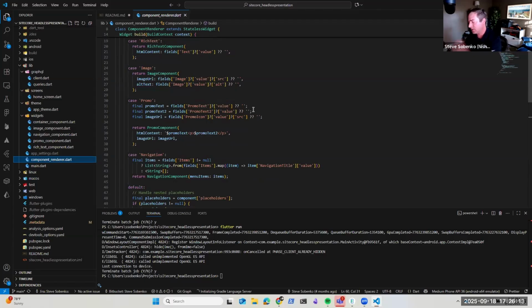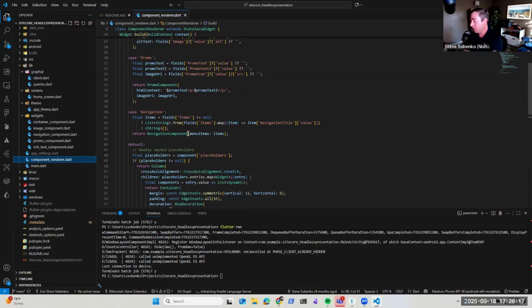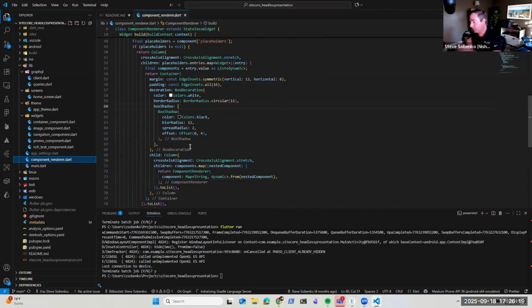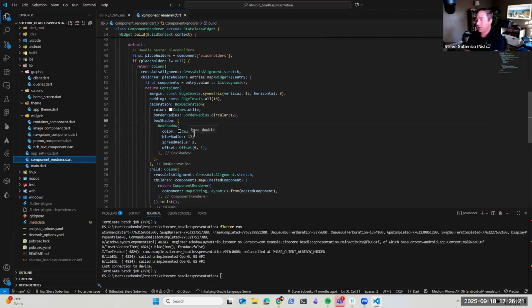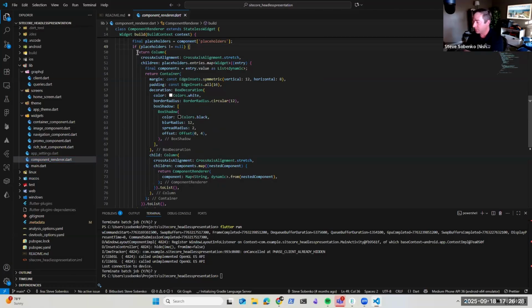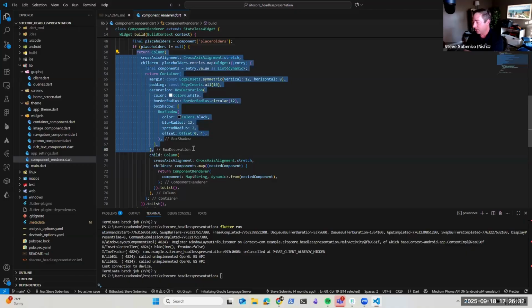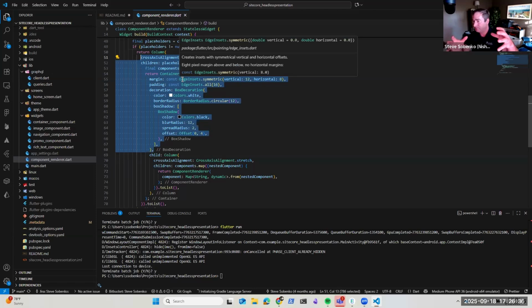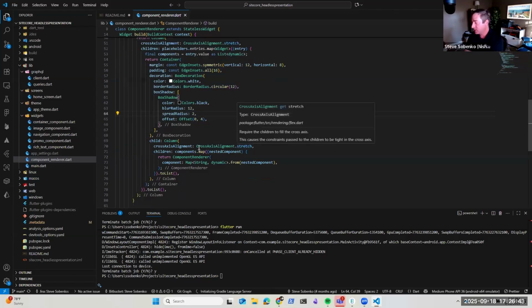So this is a very simple demo, obviously. The header promo or the hero promo, I only built a couple. And then down here, I also want to handle nested placeholders. So if what comes back is a placeholder, I started to get a little fancy and I'm building columns, and really all this is some decoration around the placeholder so I can see the nesting happening, visually nesting in my experience with some shadow boxes.